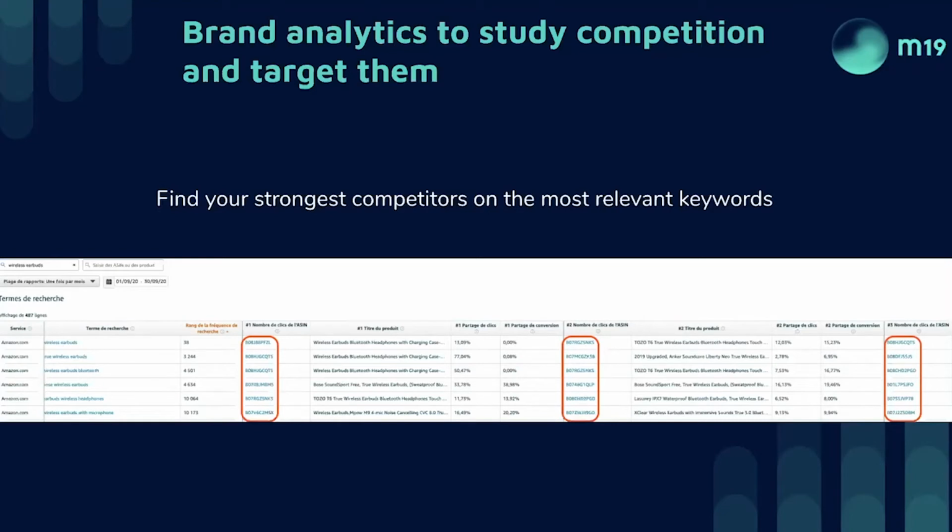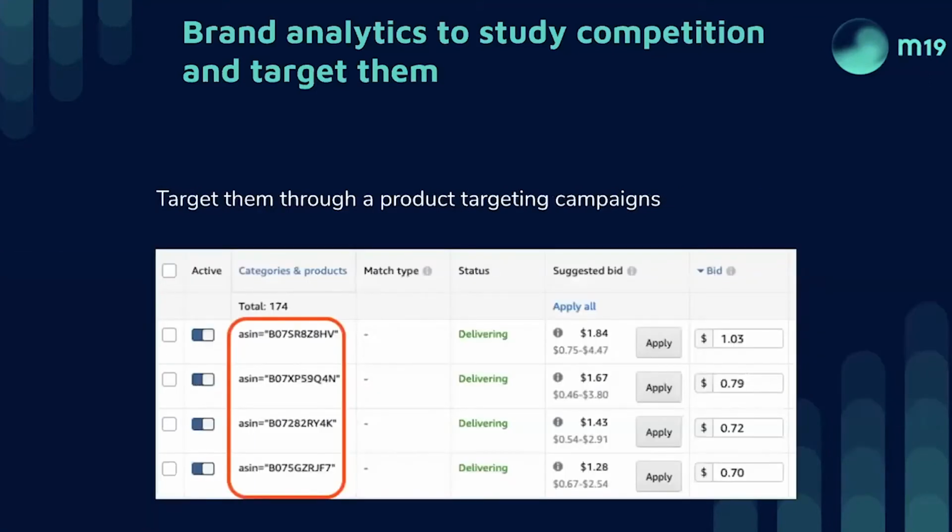So first step, from the seed keywords, you will find the strongest top ASINs per search term that is related to this seed keyword. So you get this list. Then from this list you filter out ASINs that have only clicks and no sales, which might seem fraudulent, and you add the rest to product targeting campaigns. In this case, you will be showing your product on these top selling products. Top selling product means a lot of traffic on them, so there are a lot of opportunities for you to get your product seen.